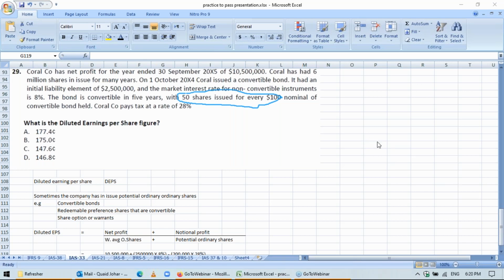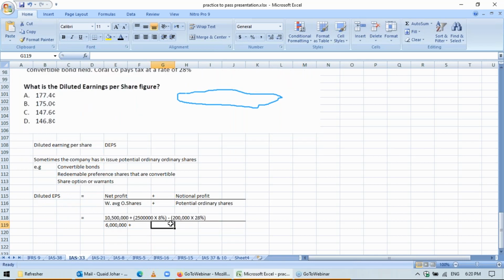So let's assume that these shares will be issued this year only. So 2.5 million was the convertible bond, divide by 100. This gives you the number of bonds currently in issue, and multiply this by 50 shares. So this gives you the ordinary shares. Now the next step is